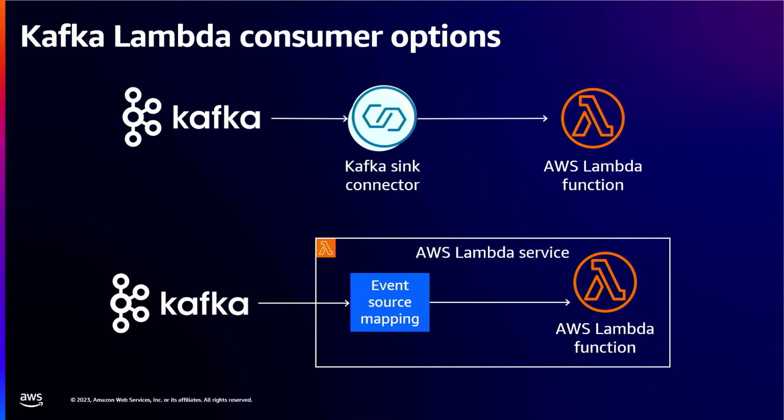So a really simple way to do the connectivity. On the Kafka side, there are basically 2 ways other than EventBridge Pipes to consume from Kafka with Lambda, and one of them is using the sink connector, and this also includes the Confluent sink connector. The Confluent sink connector is going to poll the partitions and then call your Lambda function to deliver the messages. Or you can use the native integration with Lambda, which we're going to cover a lot, called the Lambda event source mapping. And either way, you're not running your own polling code. The services are going to manage that for you, and that's going to be super useful.